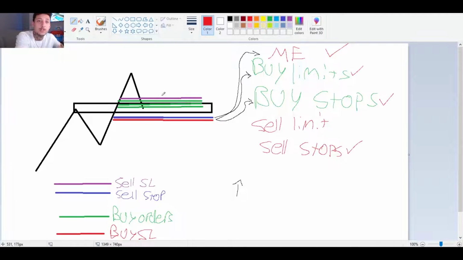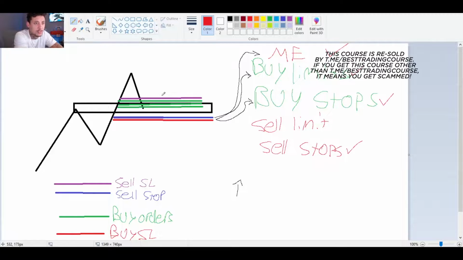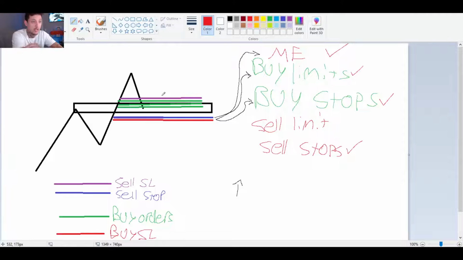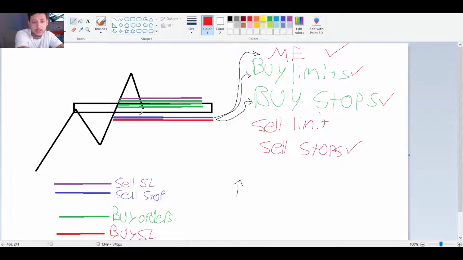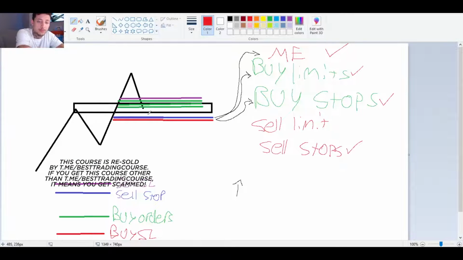Because remember, just because you get stopped out doesn't mean the trade still isn't valid. If you get stop loss hunted, and the trade is still valid, you can re-enter the position. Just adjust your stop loss to go under or above the stop loss hunt. There you go. That's a solution for you, just in case you get stop hunted. So I don't want you guys to get discouraged. But anyways,